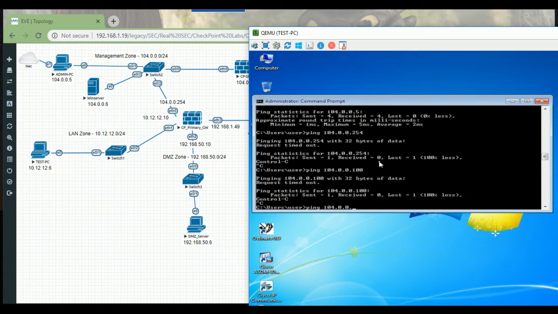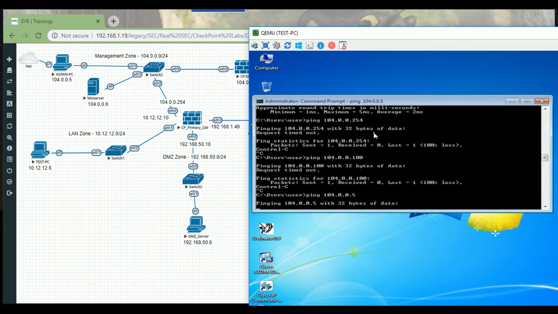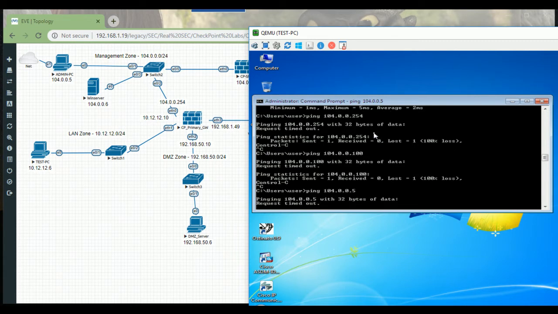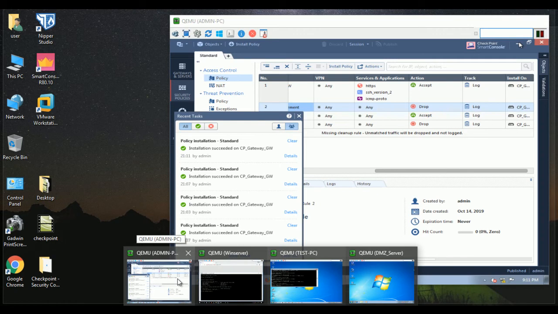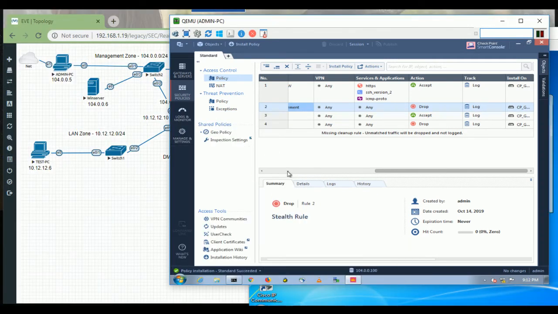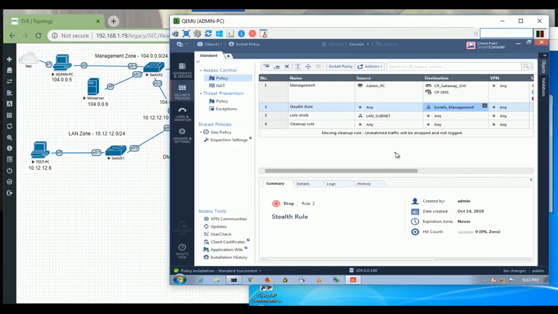Last time this was working, right? Admin PC, this is the admin PC. So last time we were able to ping from test PC to admin PC. So let's see if this time this is working or not, and the answer is no. This is because now we have defined the entire subnet under this rule, the stealth rule, which is saying under the stealth rule, any source means it's coming